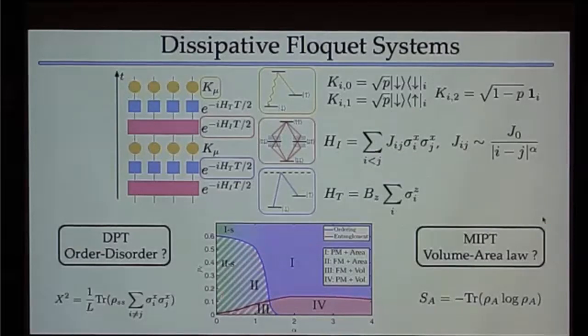For this long-range Hamiltonian, we studied what happens as a function of alpha. There is both a dissipative phase transition if you look at average observables, which is just a symmetry-breaking ordered-disordered ferromagnetic phase transition. You can detect it by looking at two-body correlators or higher-order correlators. Or if you are good enough experimentally to detect entanglement entropy, you can see a measurement-induced phase transition. And there is also a region where the two overlap. You have both,